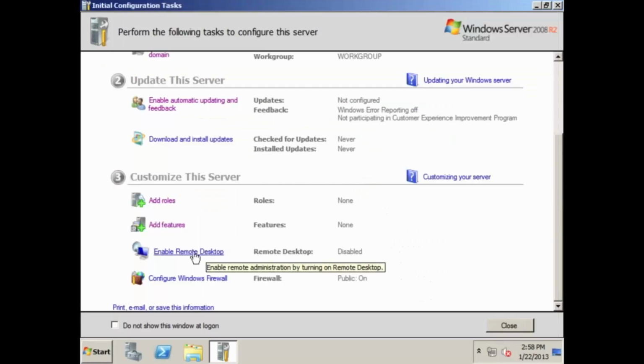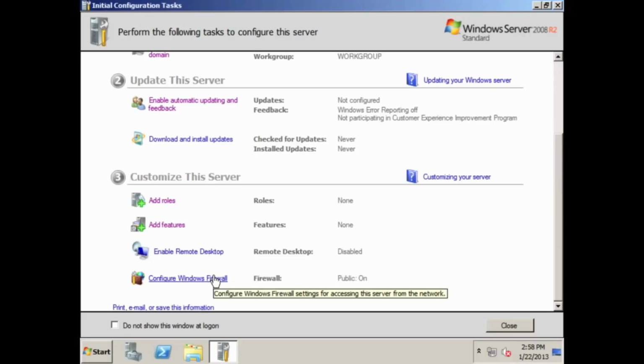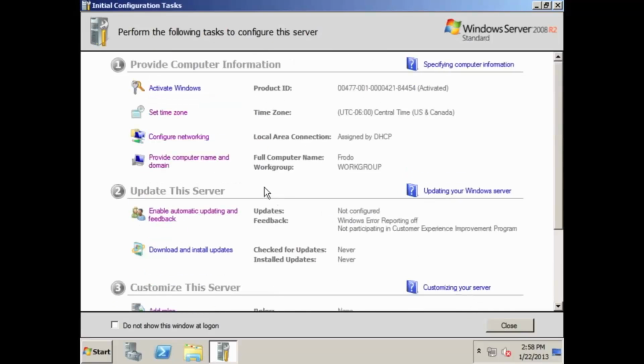We can enable or disable remote desktop. I definitely prefer it being disabled at this point, although there are many cases where we want a Windows server to accept remote desktop, and we would control through group policy who can access it, at what times, and from where they can access it by remote desktop. And then also Windows Firewall. We'll go ahead and leave the firewall on, but at one point in our class we will need to turn the firewall off for some of the changes that we'll make, but generally speaking we want our Windows Firewall to be on. Okay, so at this point we've gone ahead, we've installed